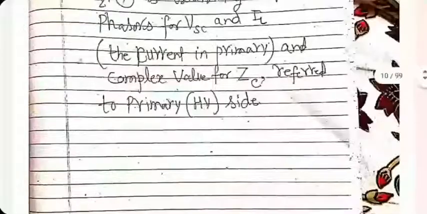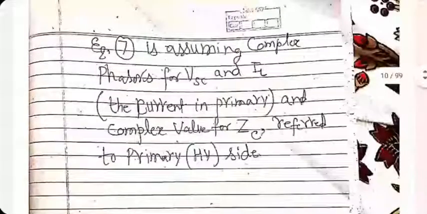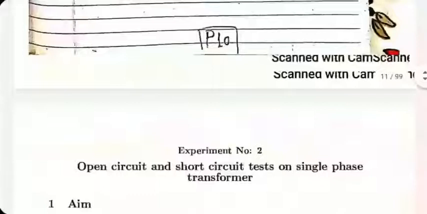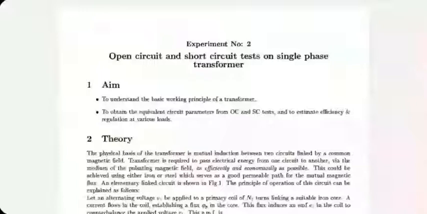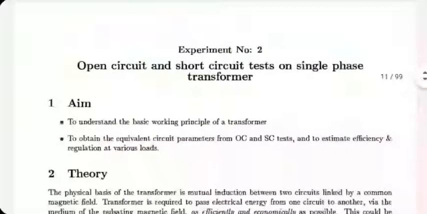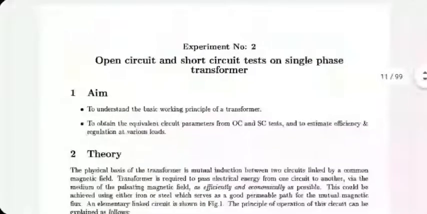There's more detail later in this document on this test, but the basic idea is that open circuit tests are done to determine core losses experimentally, and short circuit tests are done to determine copper losses experimentally. Power efficiency, etc., can also be worked out. This is an experimental data sheet. We don't have the facilities to do this test in our institute, but in other universities, they actually do these kind of experiments.